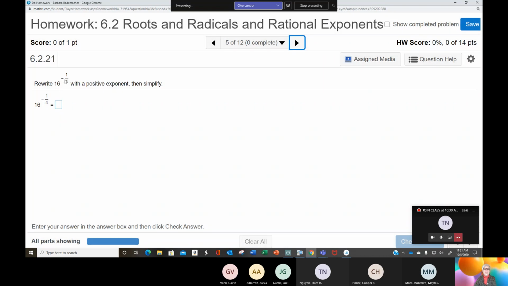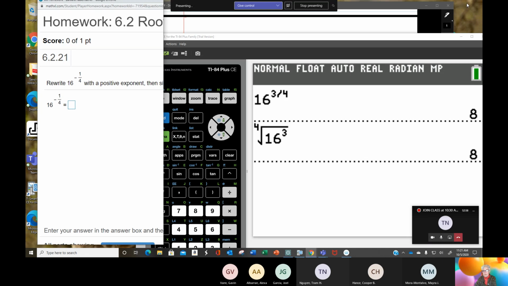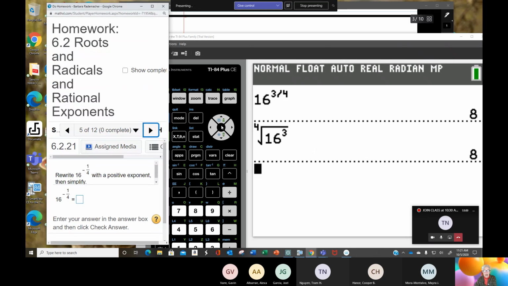Now, 16 to the negative 1/4 power. What on earth is that? Because I sort of avoided talking about it. 16 to the negative 1/4 power. Now, if you do this by hand,